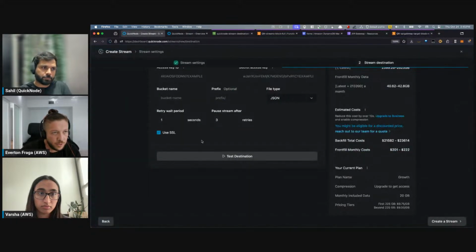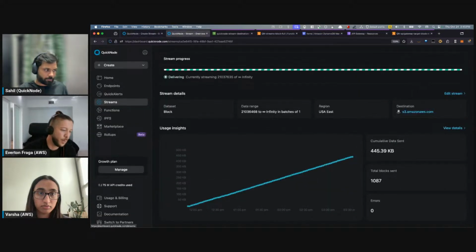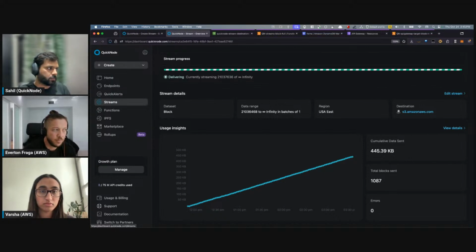And certainly, back to the create stream screen and tab here, there are so many options to use. You can test your stream starting from the tail, from the tip of the chain, or starting from a specific block, stopping at a specific block. So this is actually a lifesaver for folks that are working with data on a daily basis.